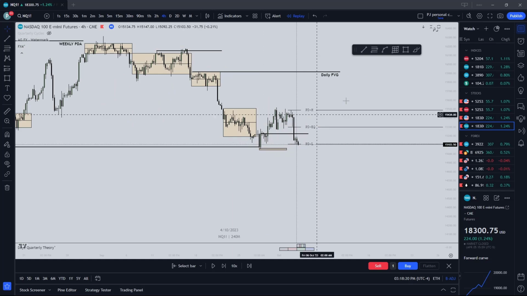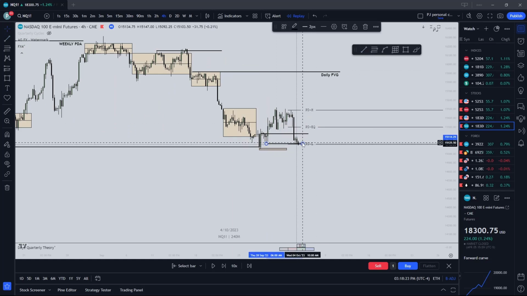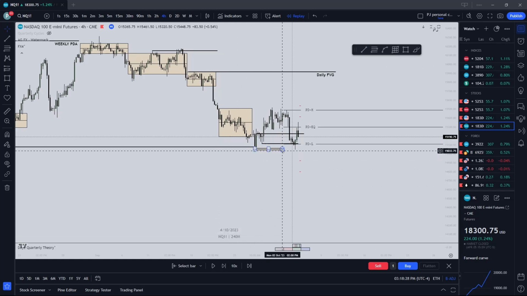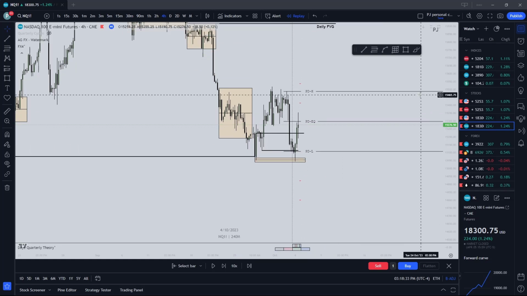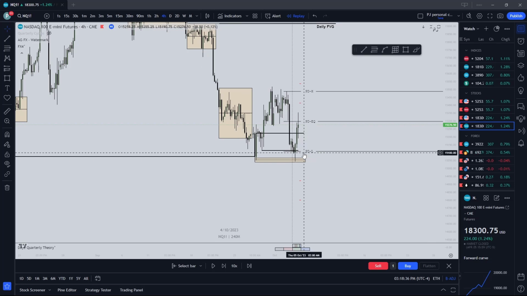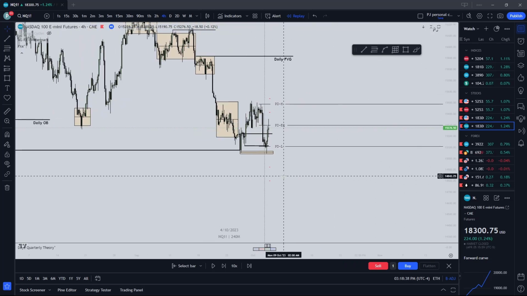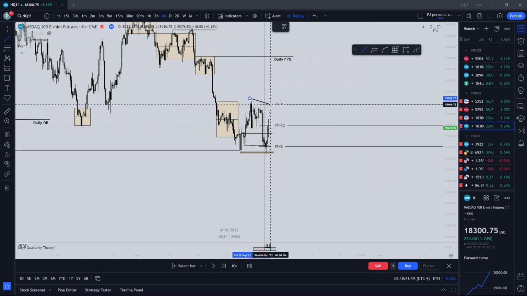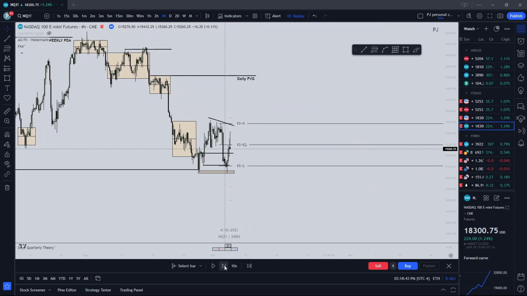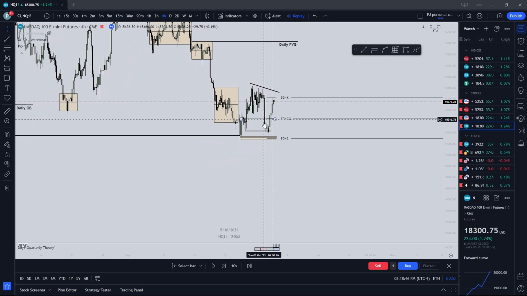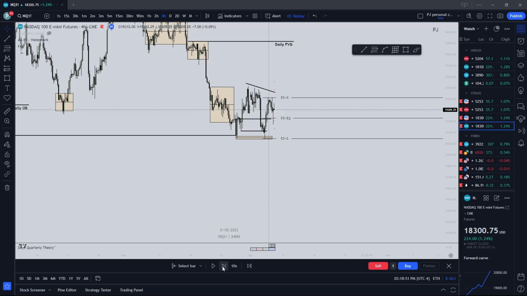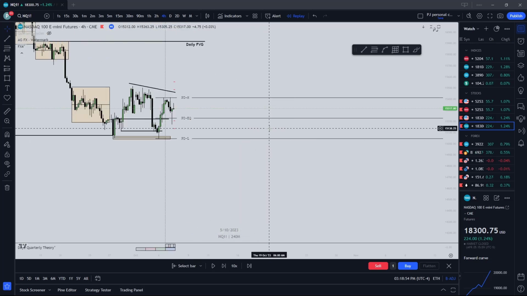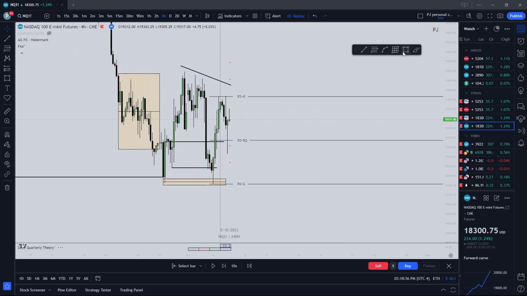We sweep the lows into a PDA that has not been mitigated with our rejection block. And see, we reacted from it here, but we come down one more time, close within the wick, maybe SMT at the lows, right? Generated liquidity for the buy side. Inversion, whatever you want to call it. I don't care about that, because we saw what PDA I was waiting for us to react to. Come into the fair value gap here, fair value gap order block,